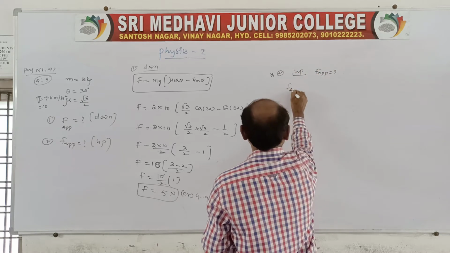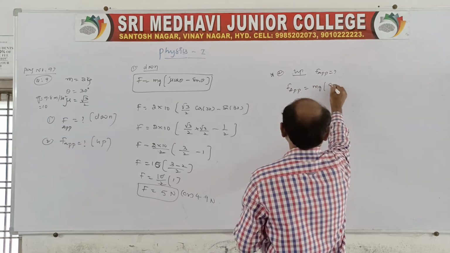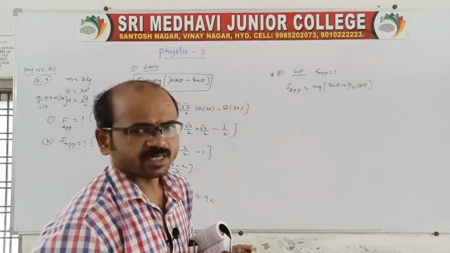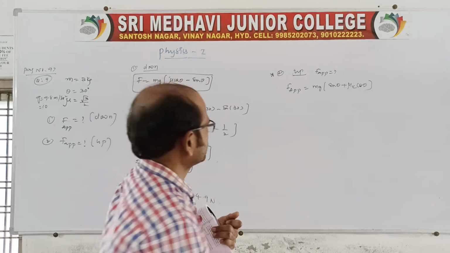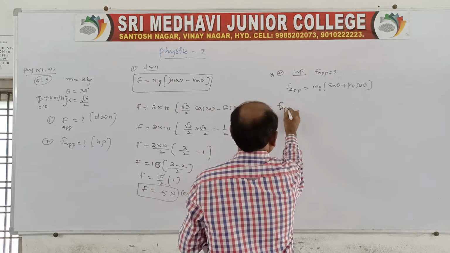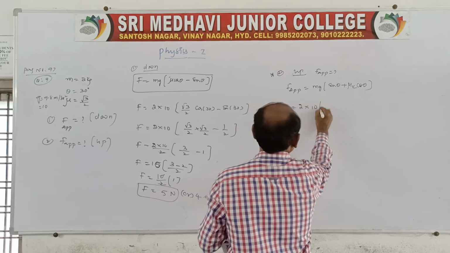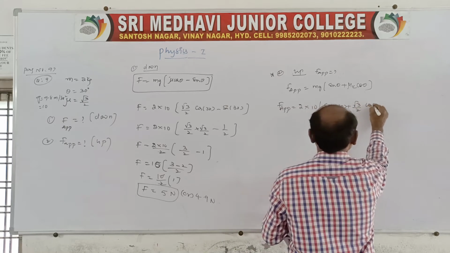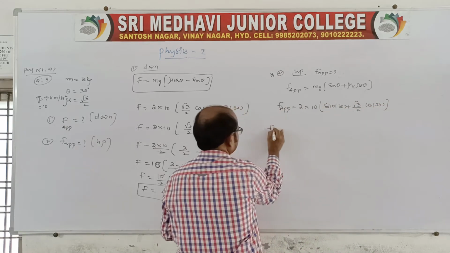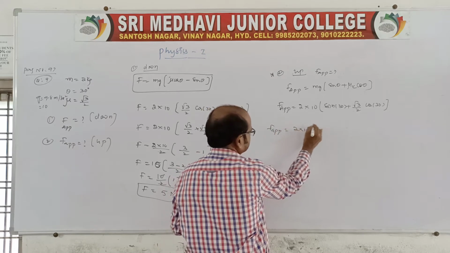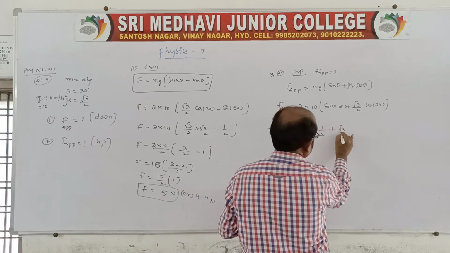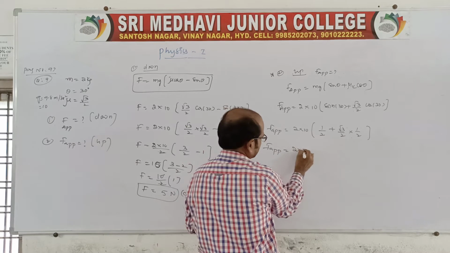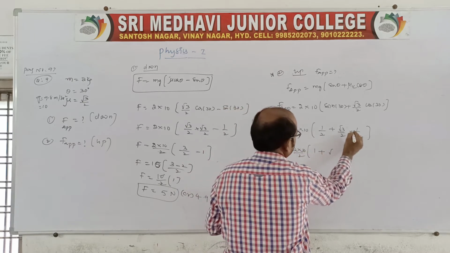Of course, we know the applied force is directly mg (sin theta plus mu_k cos theta). I told you in the previous class, applied and resultant will be the same for sliding up. So the applied force, you write here, m is 2, g 10, sin 30, plus mu_k √3/2 cos 30. Fine. Therefore applied will be 2 into 10, sin 30 is 1/2 and √3/2 cos 30 is 1/2. You take 1/2 common, 2 into 10/2, it is 1 plus, of course, √3/2.